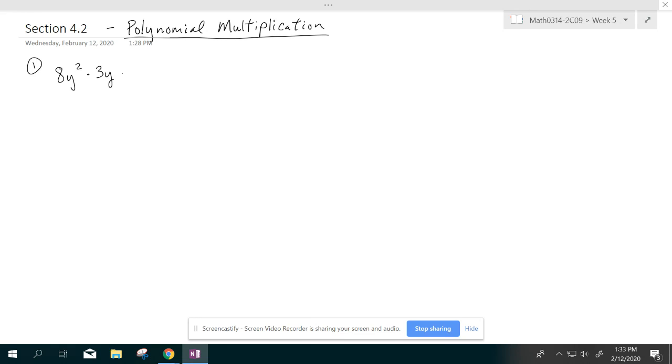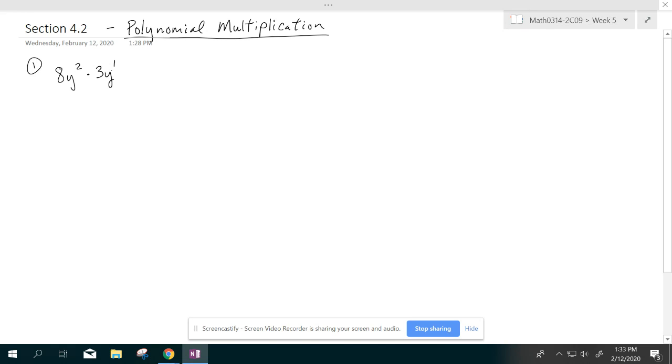This is a monomial times a monomial. One term times one term. Wouldn't it, off the bat, end up being y to the third power? Because when you multiply letters, you add their powers, and the second y has an understood power of